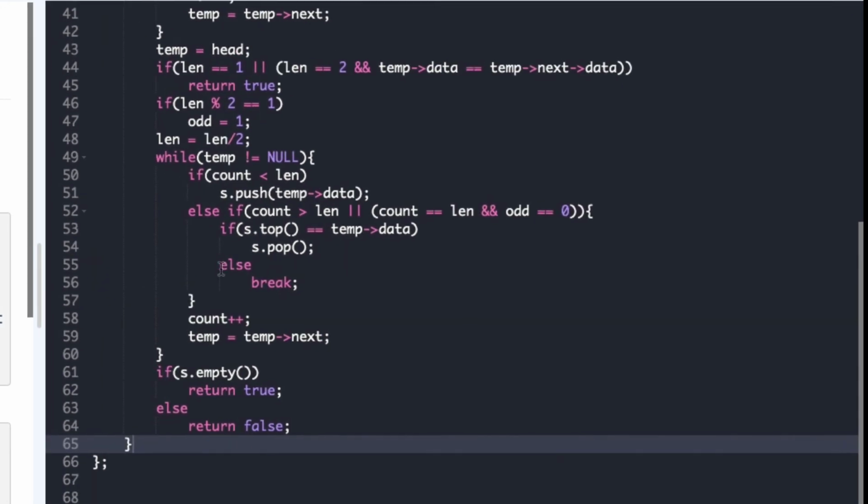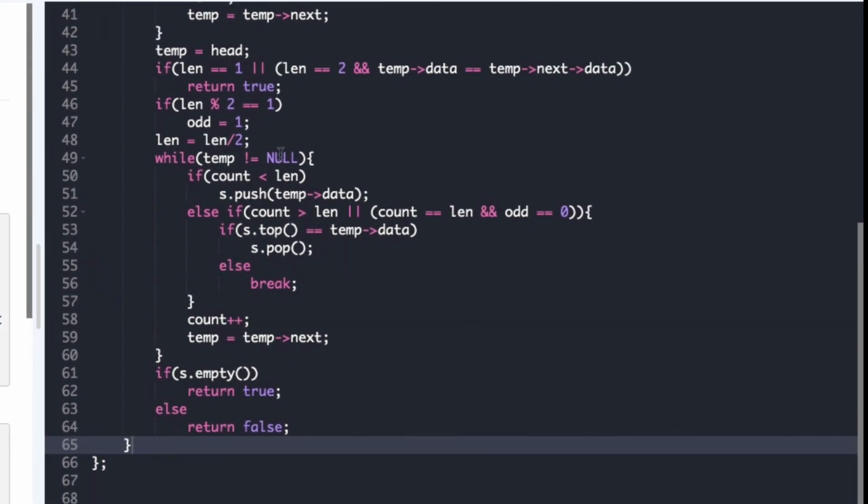Then we have a while loop where we check whether temp is not equal to null, and if this condition is true, we enter the while loop. We check whether count is less than length. So this is the condition for the first half of the linked list. For the first half of the linked list, we push the element into the stack, and for the second half, that is excluding the middle element in case the linked list is of odd length, the else condition